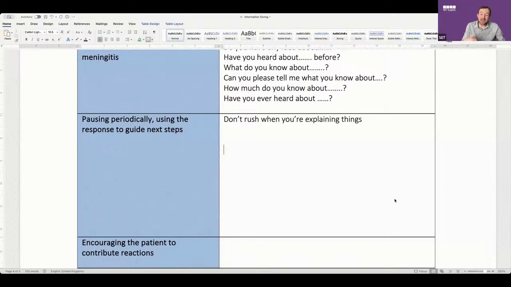So pausing when people give you information is not good. Because it sounds like they're on their own and they just have to manage. But pausing when I'm giving information could be a good idea. So for instance,